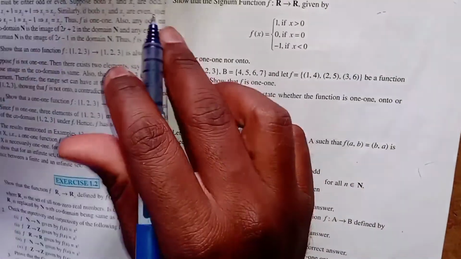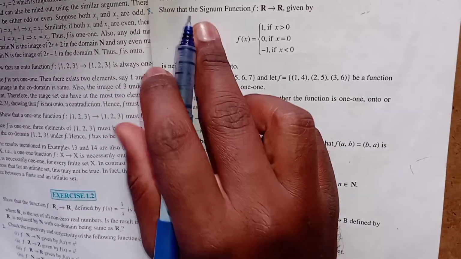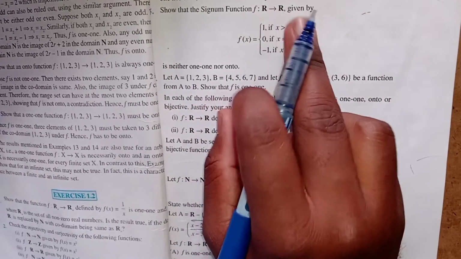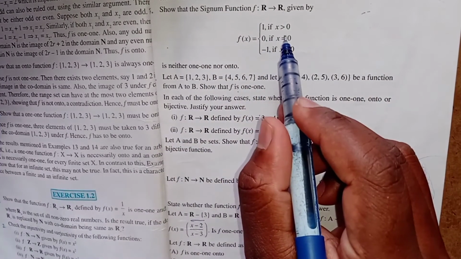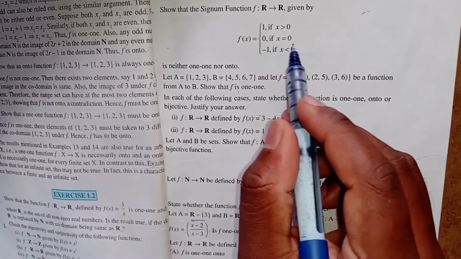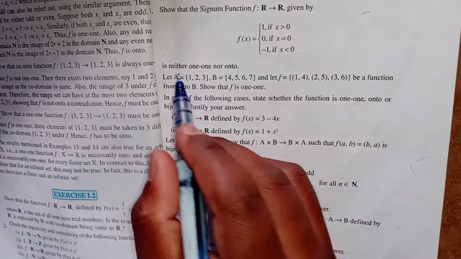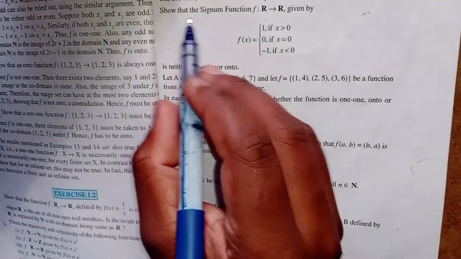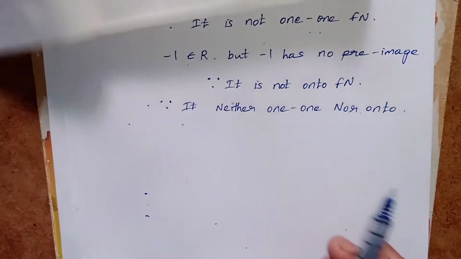Okay, next question number 5. Show that the signum function f from real numbers to real numbers given by f of x equal to 1 if x greater than 0, 0 if x equal to 0, minus 1 if x less than 0, is neither one-one nor onto. You have to show that the signum function is neither one-one nor onto. Okay, given